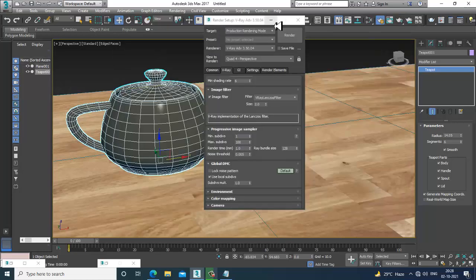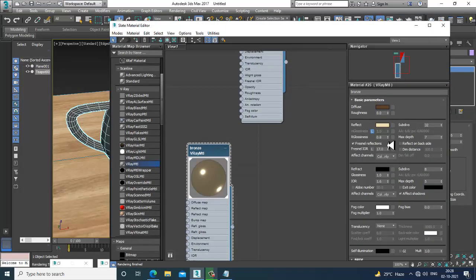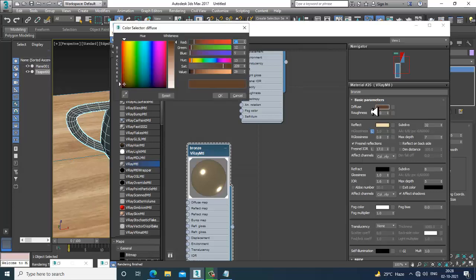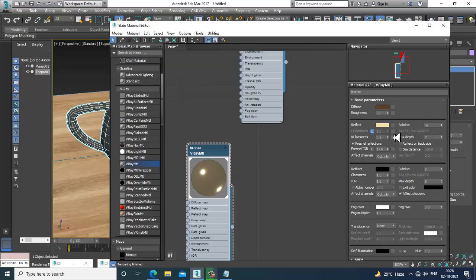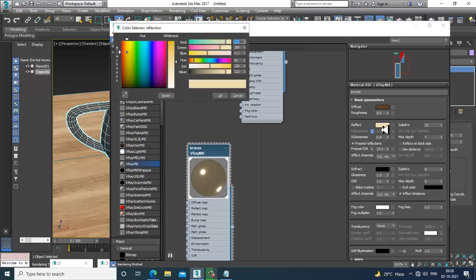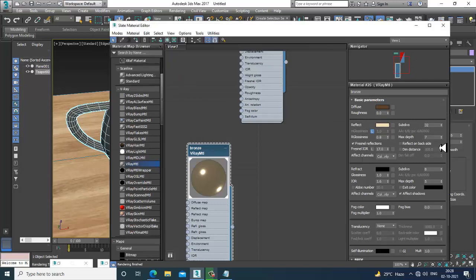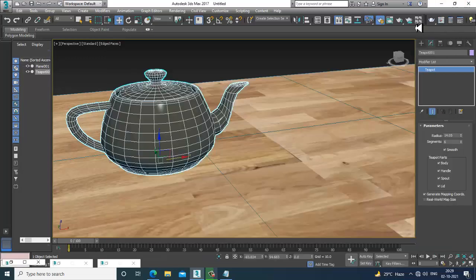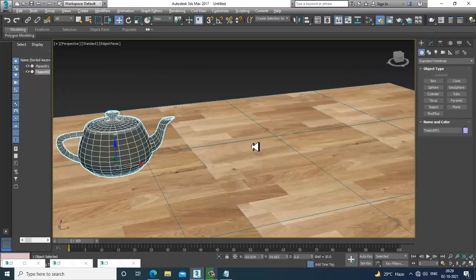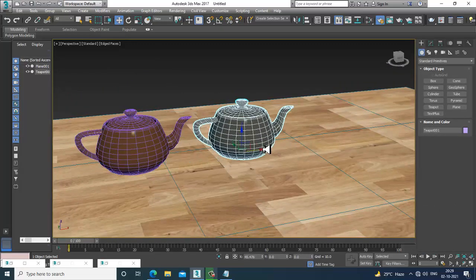So let's go again into this. So as you can see, we have made few changes over here. Okay, now the second material which we'll be creating, that would be your chrome material. So for the chrome, let's take this teapot.